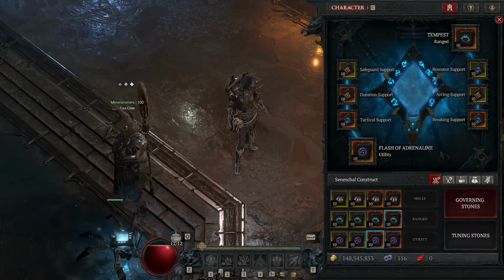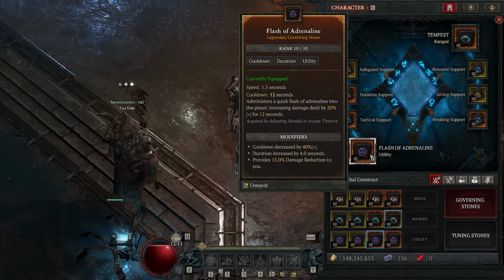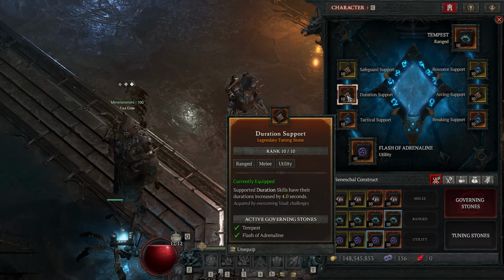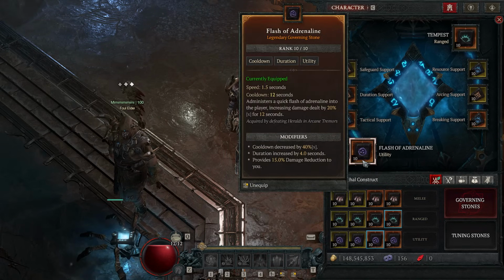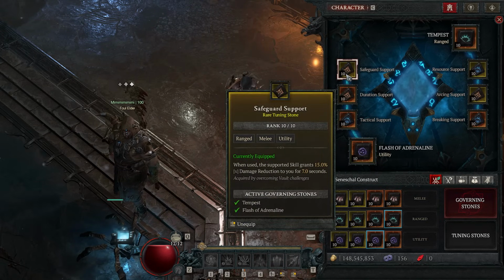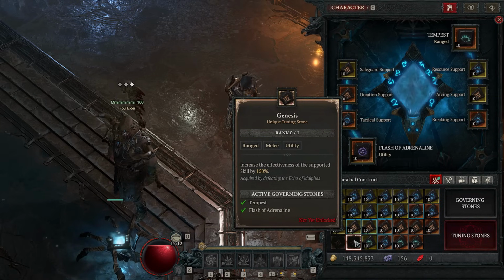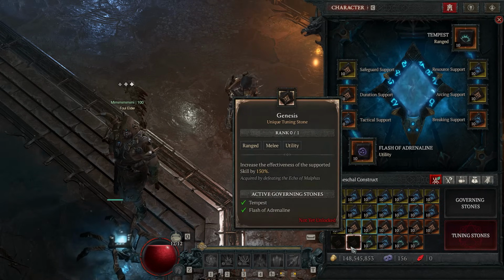Next up, our Construct. We are running, as usual, Tempest and Flash of Adrenaline. Flash of Adrenaline is going to give us a nice DPS increase, up to 20% times for 12 seconds when you have duration support. We're running that and tactical support so that the cooldown's reduced, so it's pretty much always active. What you want as your 3rd support is not Safeguard support. Obviously, what you're going to want is Genesis to majorly increase the effect of that damage. It'd be 35% times instead of 20%, which is massive, but obviously, even though I've killed a lot of Malthus,